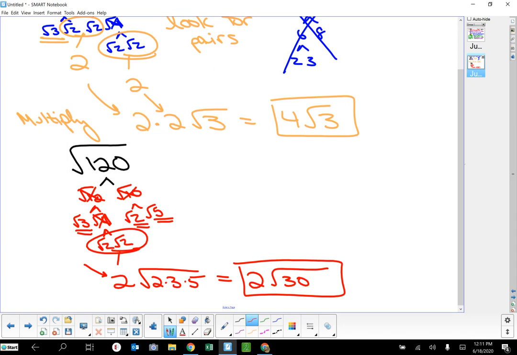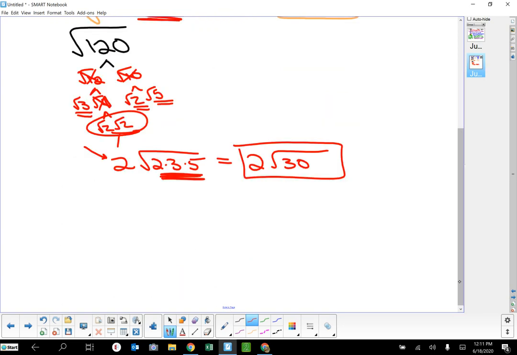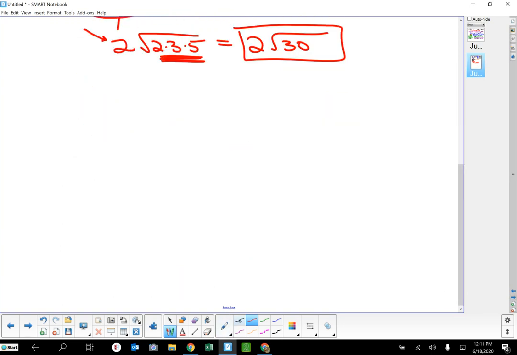Okay, so you can multiply things underneath the radical if they're left over. You can multiply things in front of the radical if they're left over. And sometimes you have to do both. All right, so as long as you can break these numbers down, they're not too bad. Another thing that might happen is you might see something like this with a coefficient out in front. You might see 6 radical 40. Well, this 6, you do nothing